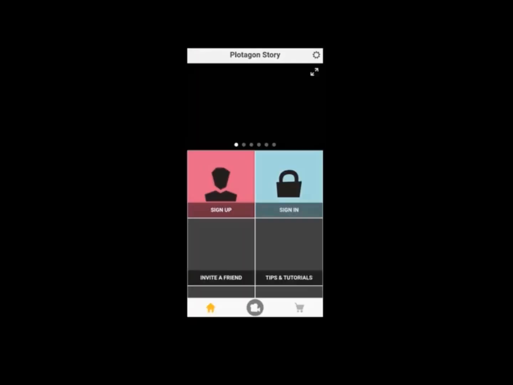Now, this is the next phase you see after Plotagon has loaded.